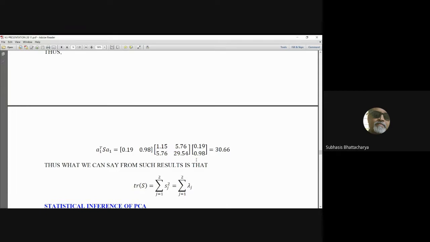So the result that the trace equals the summation of all lambda comes out. Now you can run the multiple regression